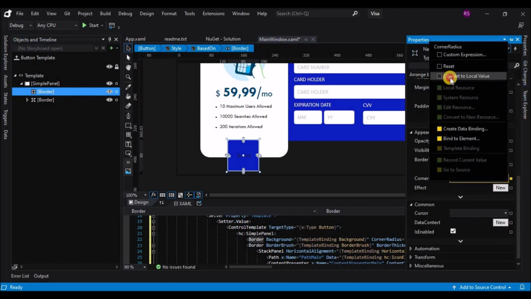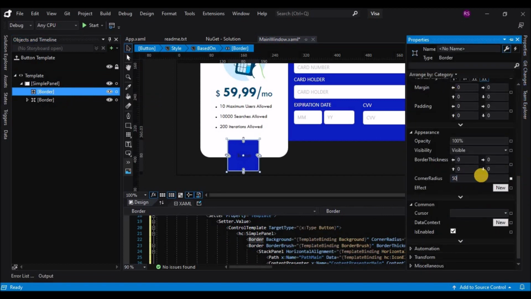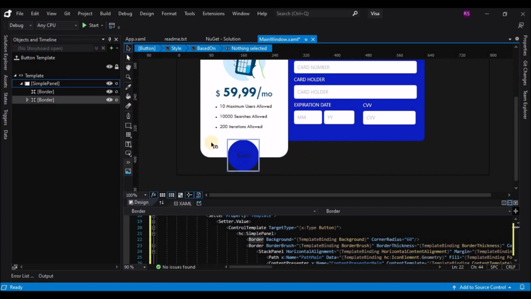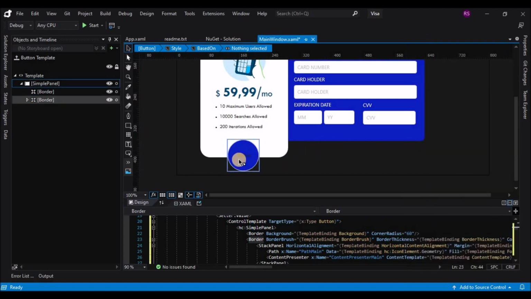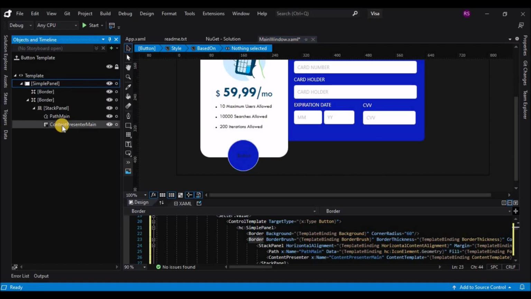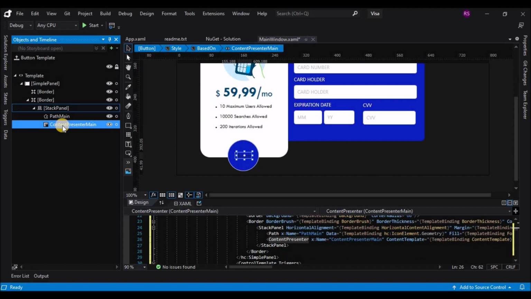And now go to border and change the corner radius. To change the corner radius you will have to convert it to a local value by clicking on the yellow highlight option there and click on convert to local value and change the corner radius. After you're done changing the corner radius, you can go to the second border and remove the content presenter, delete it,